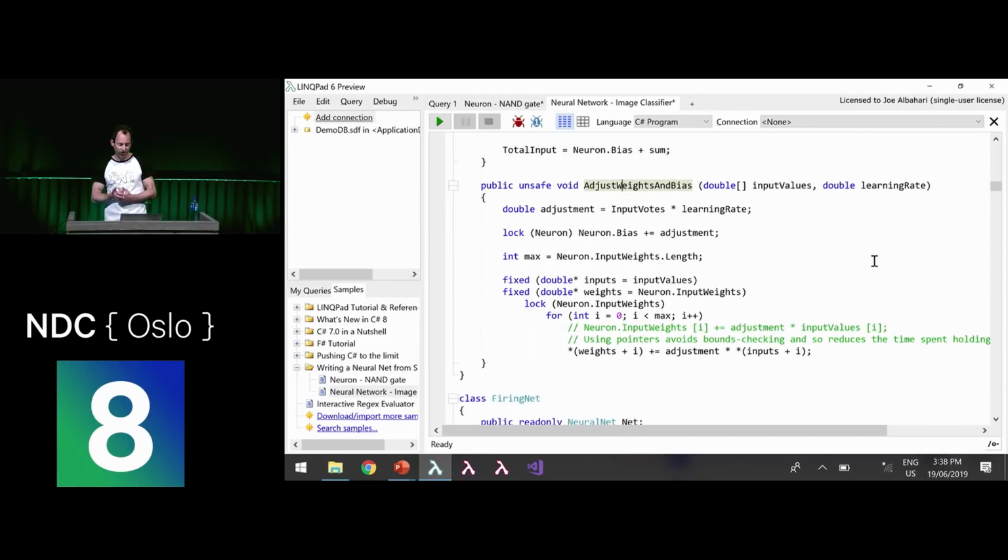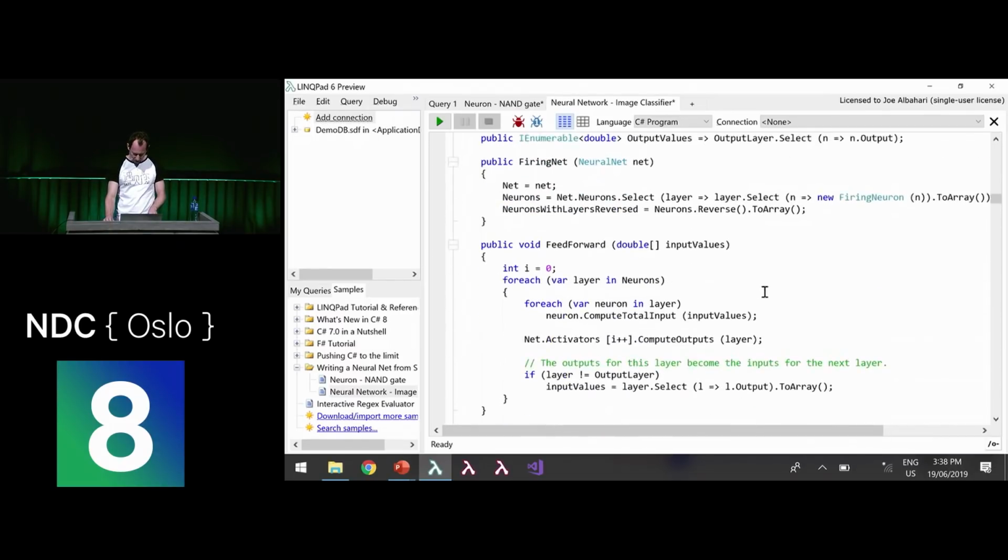Now, one thing you can do, and C# is great in terms of you can really easily parallelize something. And we want this to use all available cores. To do that, all you have to do is Parallel.For. However, there's a possibility of creating contention and a hotspot because we have to update the weights and biases. We're updating shared variables, these weights and biases. So we need to have a lock, and we want to minimize the time spent in that lock. So there's another nice feature of C#. You can use pointers when you really need this kind of performance advantage. This speeds it up about 30% by changing from using the arrays to using pointers.